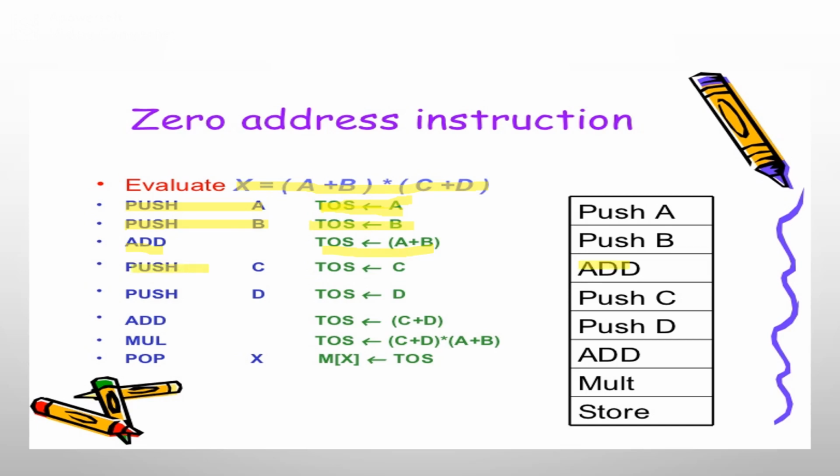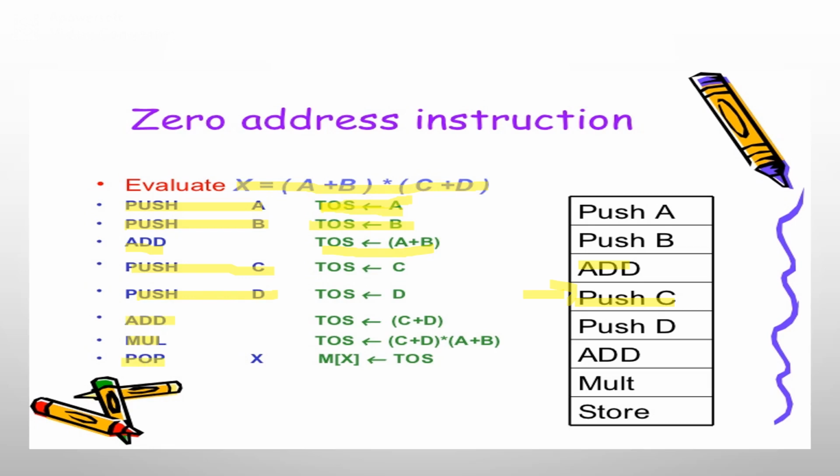So push the content of C, so now TOS comes to this location. So now push the content of D, perform addition operation, multiply, that is A plus B star C plus D,